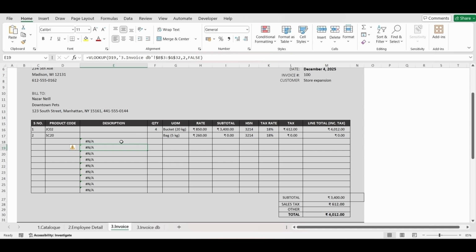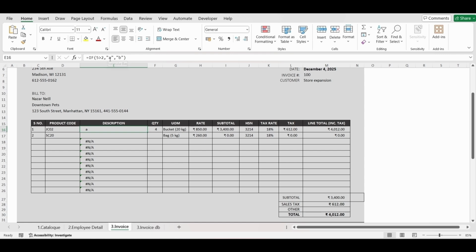Now let's fix this not available error. We will fix this error using the IF function. So I will type IF. It shows you the syntax of this IF function. It asks for a logical test, a value if the test comes out to be true, and a value if the test evaluates to false. So if I simply type 5 greater than 2, which is actually true, the value if this test is true, I will simply type A, and if it's false, then B. If I close this bracket and press enter, you will see it has given A because 5 is indeed greater than 2. So this condition comes out to be true.